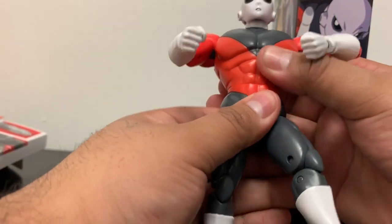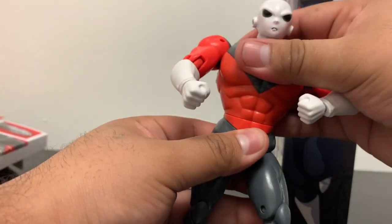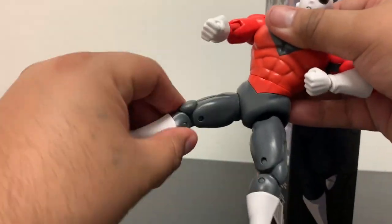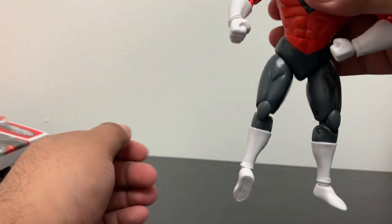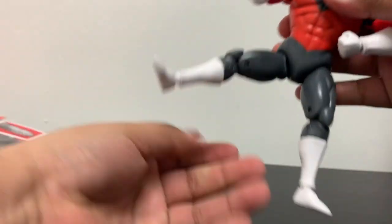And the waist can only turn side to side, but it can't, per se, do a sit-up. It's very awkward. Look at the leg, how it's sitting right now. I have to move the whole leg. The legs can only...